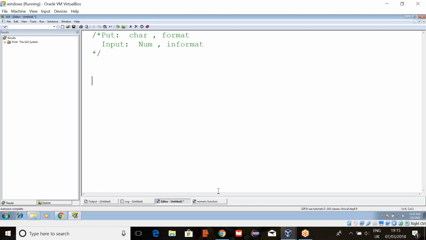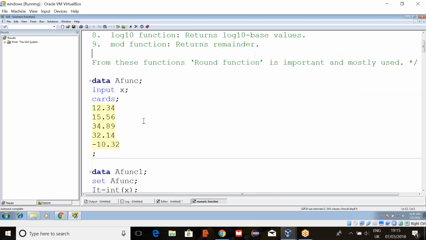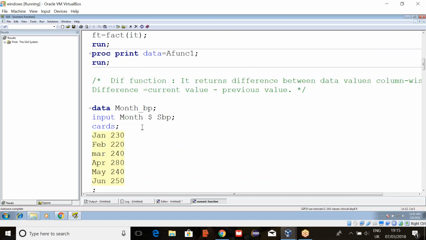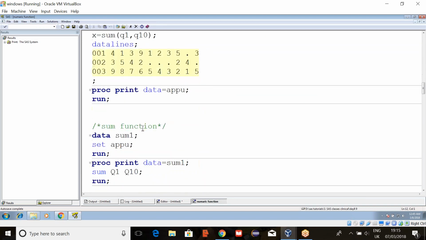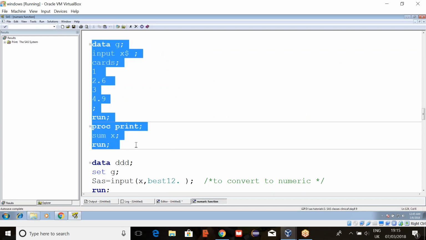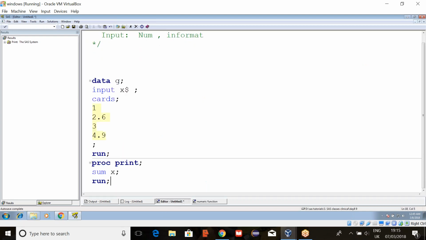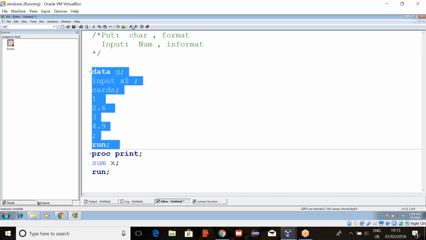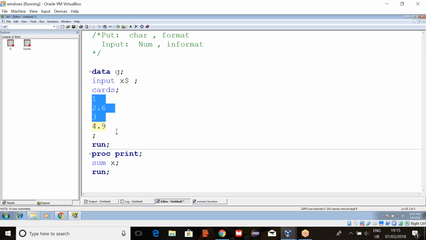I'll just copy paste the data. Now here in this dataset, the variable is X and X is a character variable, right? As X is a character, if you want to perform some calculation, can we perform it?